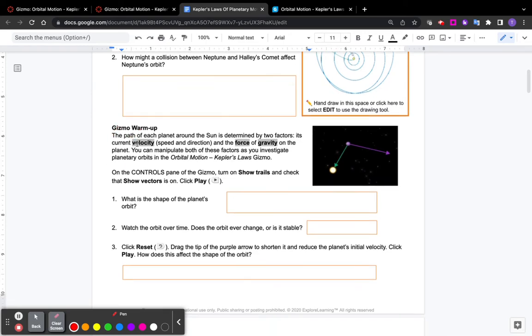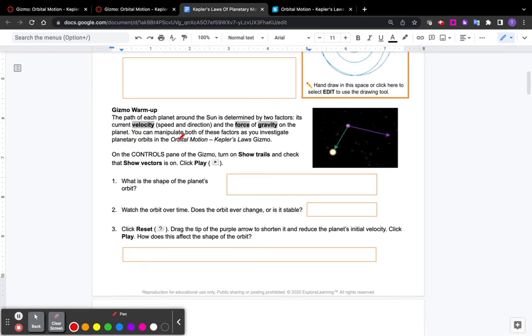So now I'm going to talk about the Gizmo warm-up. It says the path of each planet around the sun is determined by 2 factors: its current velocity, which is just speed and direction, and the force of gravity on the planet. Now this Gizmo is going to allow you to manipulate both of those factors. We can change the amount of gravity on the planet and also the velocity. Essentially at its core, that's all that this simulation is going to let you do. And then once we change the velocity or the distance or the gravity, we're going to see how that affects